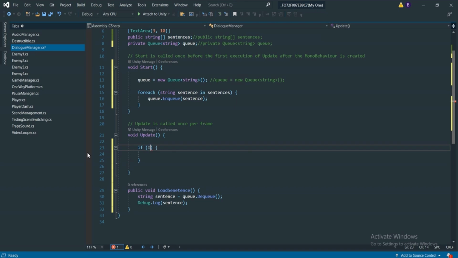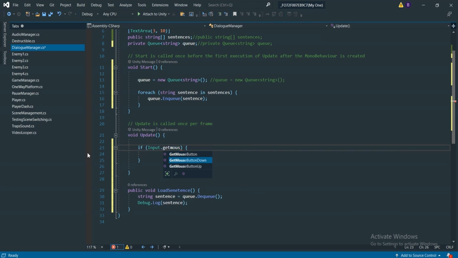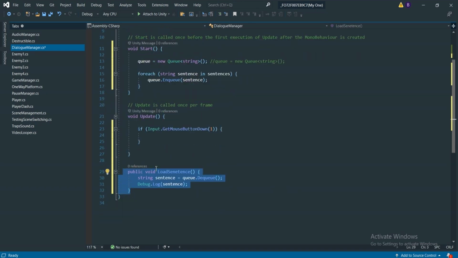So I will pass Input.GetMouseButtonDown, then make this bracket, and inside this bracket we need to pass the 0 or 1. 0 basically means the left mouse button, so I'm gonna pass 1 instead of the 0, so it will check for right mouse button. So if Input.GetMouseButtonDown(1), means if we click the right mouse button, then I'm gonna call this function, and what this function is doing,